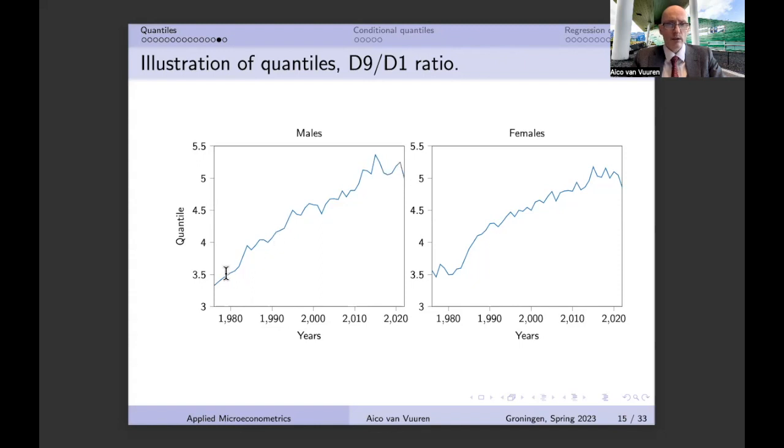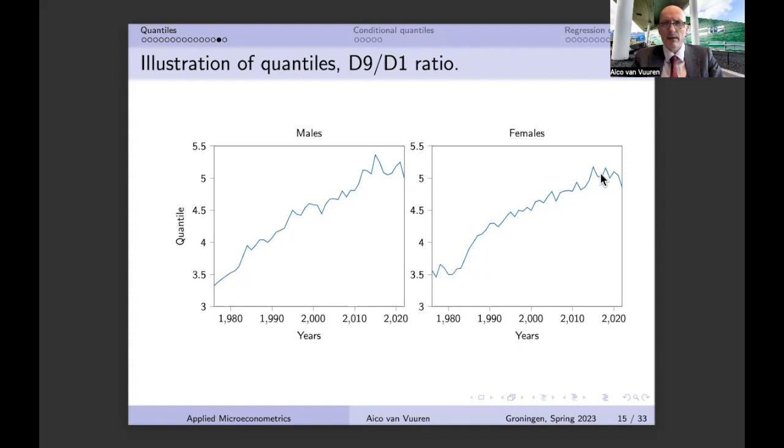And we do see that this increase has been almost monotonic. Only in the last couple of years, ever since the mid-2010s, we see that there is a stop and maybe sometimes even a slight decrease with respect to inequality. We see that that's more or less also true for females, but we should realize that for females, the